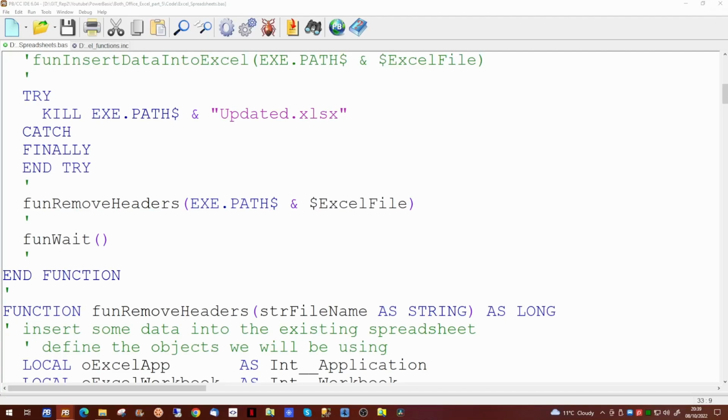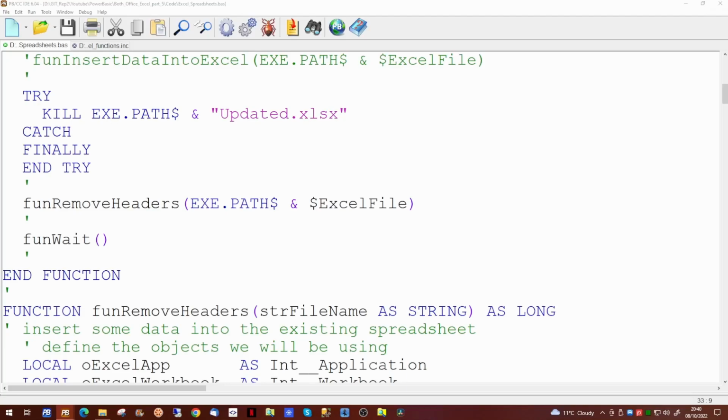We're going to leave that code in as its task is to produce the new updated spreadsheet. And we're going to use that updated spreadsheet as the starting point of today's video. We're going to take that updated spreadsheet and use that as the basis for another spreadsheet. We're going to populate the header and the data within that new column we created in the previous video. And we're then going to save the spreadsheet to a new name, Balance Updated.